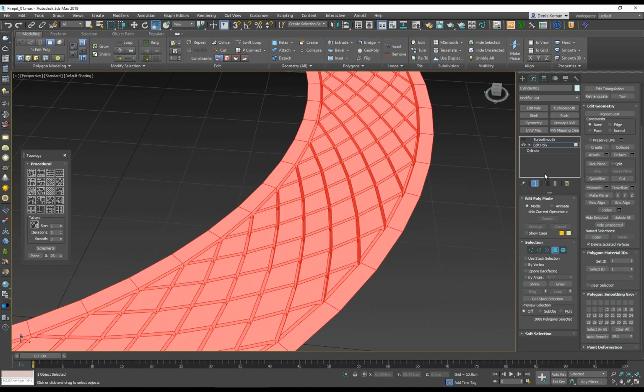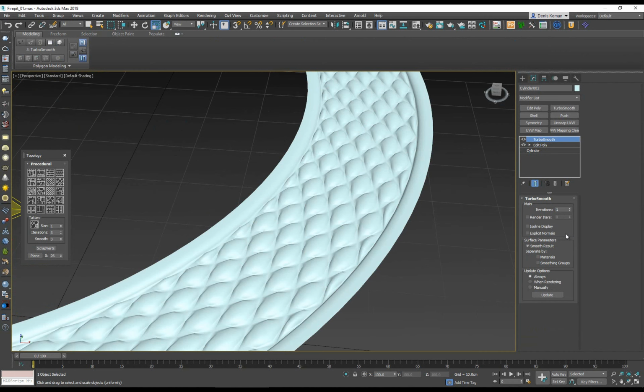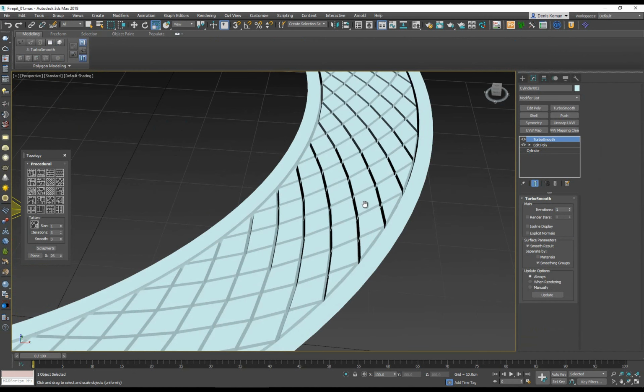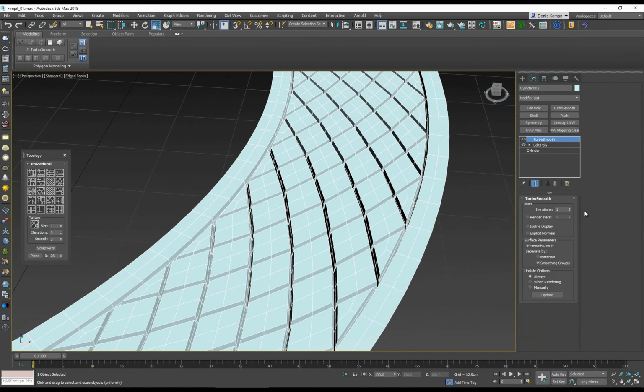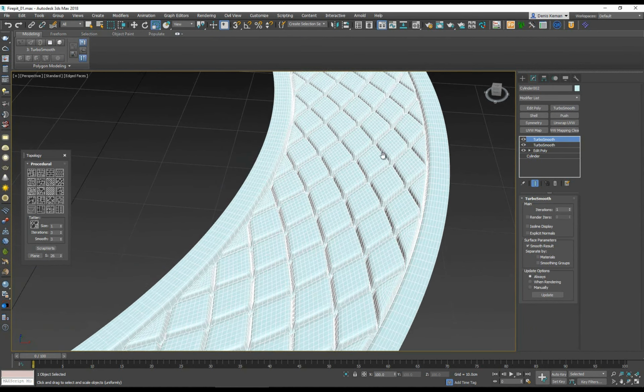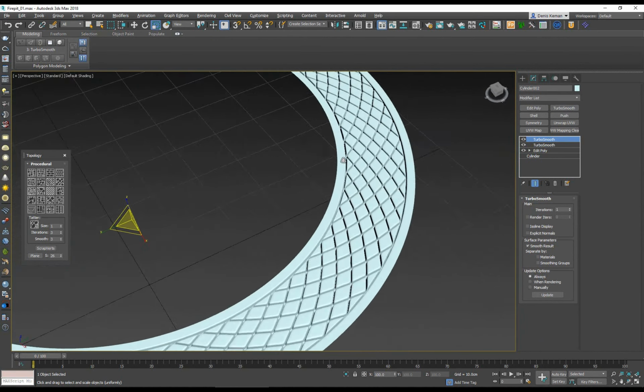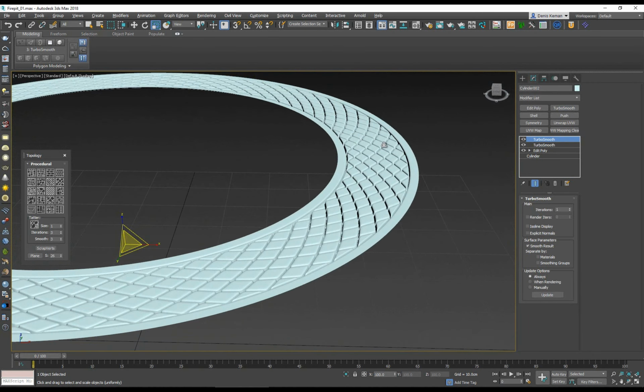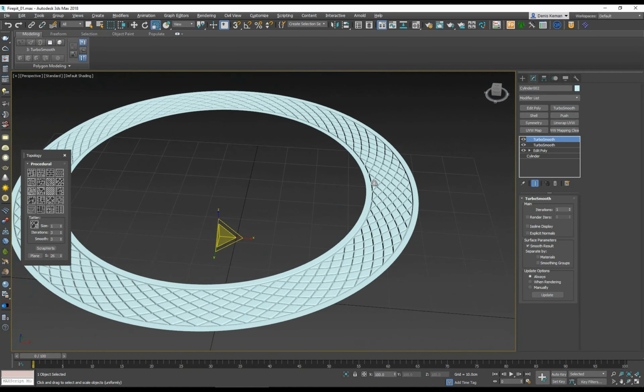Let's see if this thing is going to work with 30. Use smoothing groups. Okay, this is going to give me more geometry like this, and another turbo smooth on top of this. And just like that, we got this sort of a look,